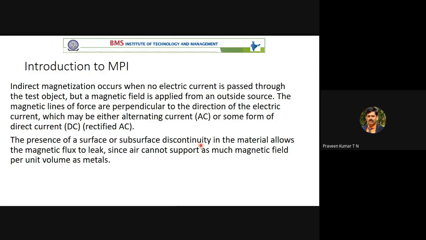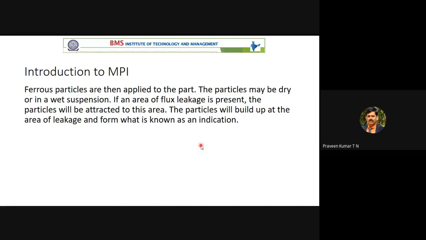Then we can go for magnetic particle testing. If the thickness of the specimen is very large, like 10 centimeters or 15 centimeters, and the crack is at the middle of the specimen at a depth of 5 or 6 centimeters, then we cannot go for magnetic particle testing. That is a disadvantage of magnetic particle testing. One disadvantage is depth, and the second is that it can be used only for magnetic material, that is, ferrous material and ferrous alloys. We cannot use it for aluminum, copper, or some other materials.